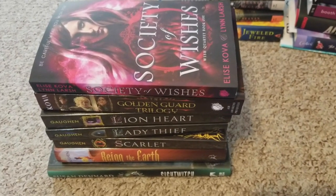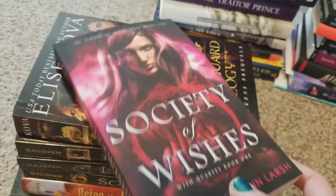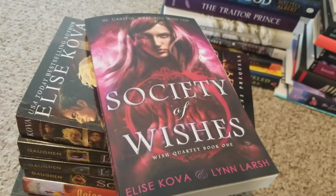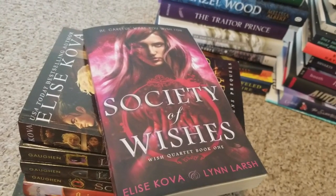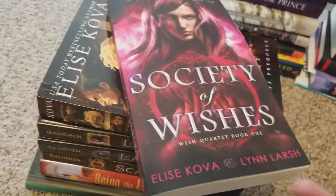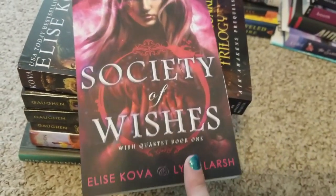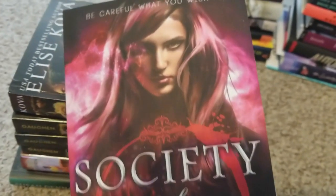This pretty pile is everything that I purchased for book signings this month. Elise Kova and Susan Dennard were together for the promotion of their new books, and Elise actually had 2 new books come out. This was one of the 2, Society of Wishes. She co-wrote it with Lynn Larsh